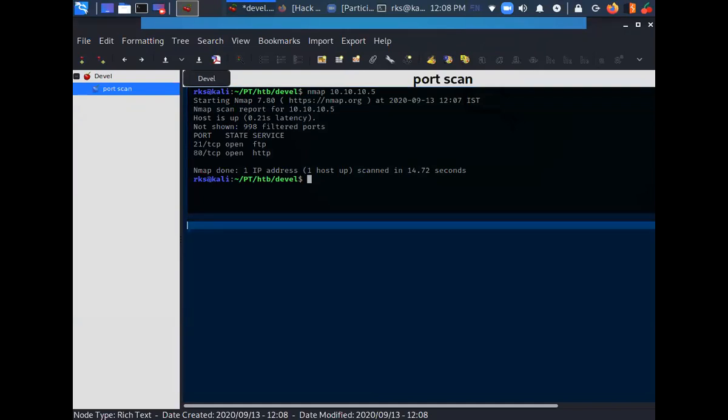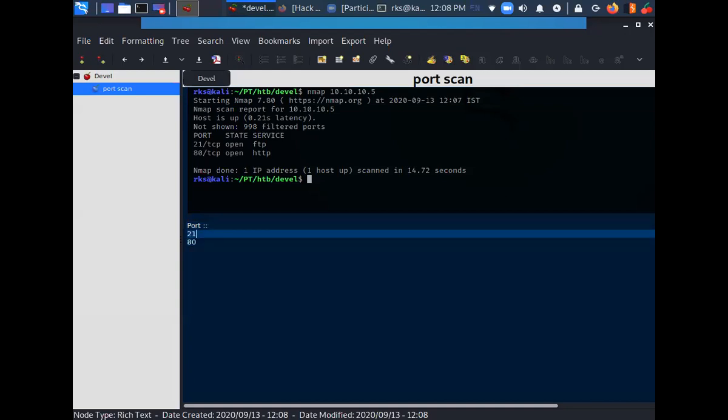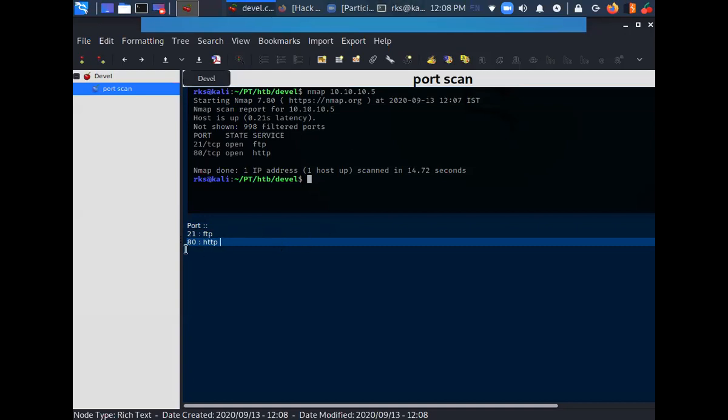The ports that are open are 21 and 80, that is FTP and HTTP. So I know by this point that some kind of an FTP server and an HTTP server are running.